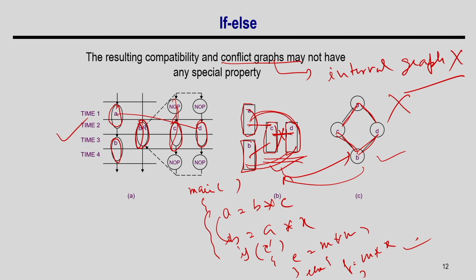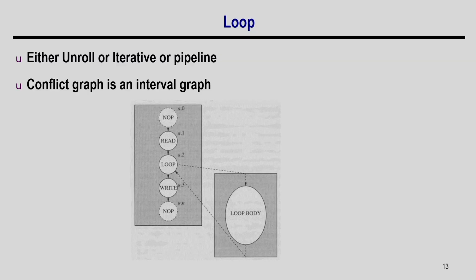So, the summary of this discussion is that for if-else, I cannot solve this problem in polynomial time or using the left edge algorithm; I have to go for a heuristic algorithm. Okay. So, now the last part is the loop. As we have discussed, for a loop we have a loop body, which has another sequence graph. Because of the loop, the structure is a little bit important to understand.